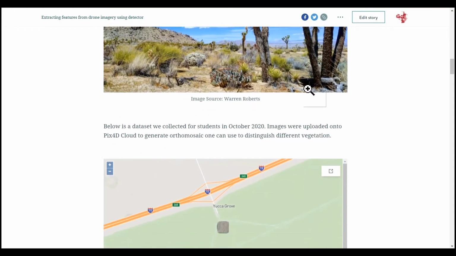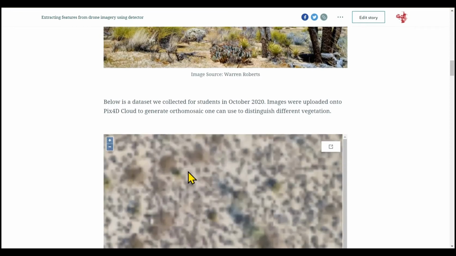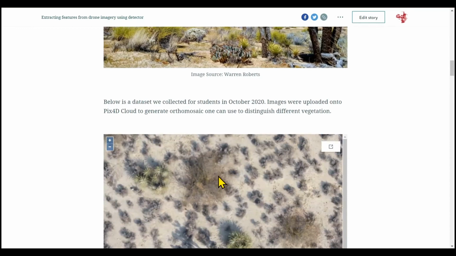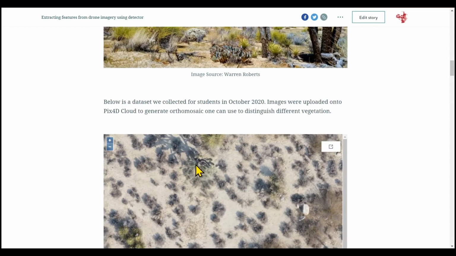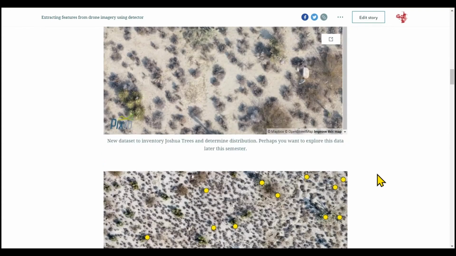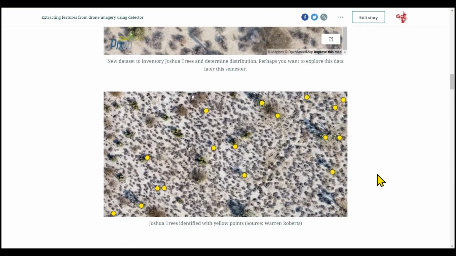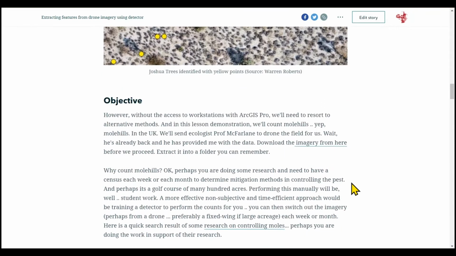And here is a view of the Joshua trees. And you can see there's a mixture of a creosote, yucca, and then this is a Joshua tree. And going through the tools, we're able to generate these points. So in this case, we decided to use